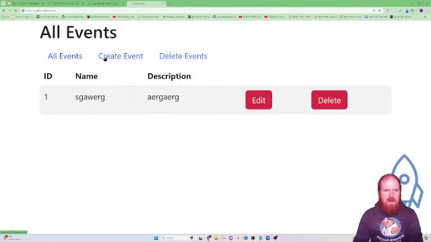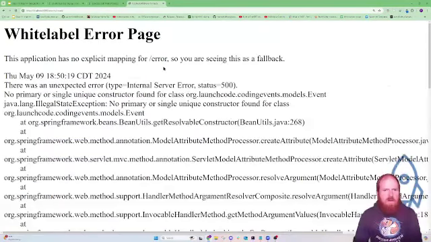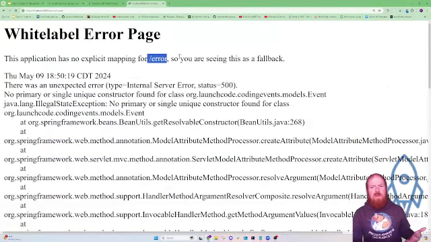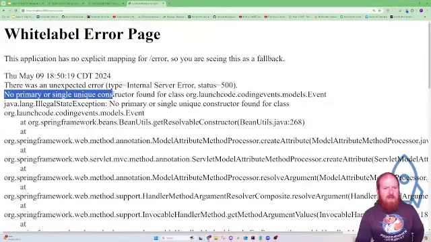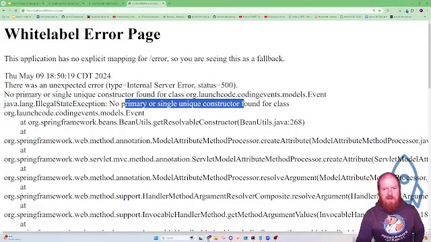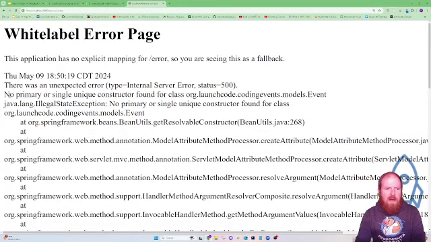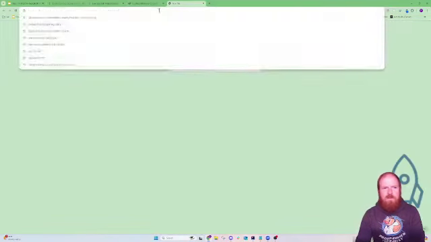So let's go to all events, create event, error. So this is what somebody else was getting. Sometimes you want two constructors, but it says here in the error, no primary or single unique constructor found for this class. No primary single constructor found for this class. So unfortunately, the way that we are doing this right now,